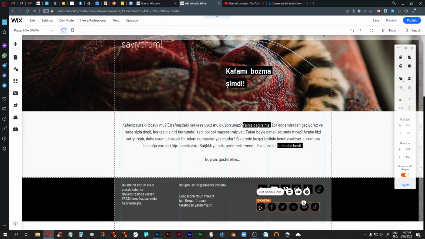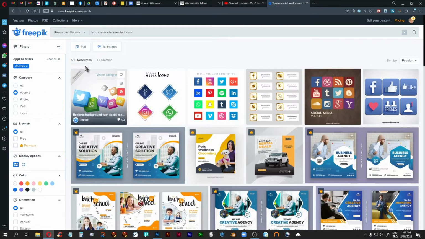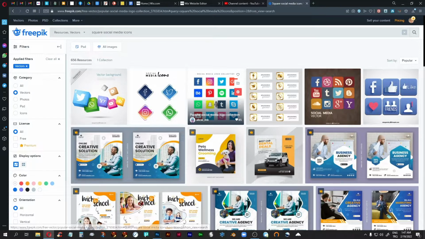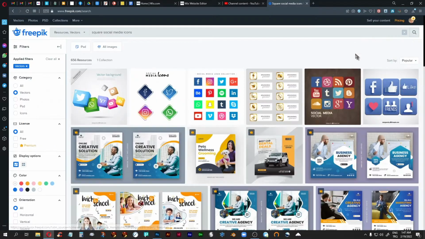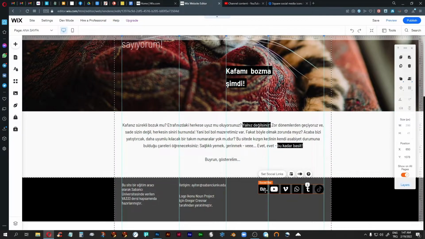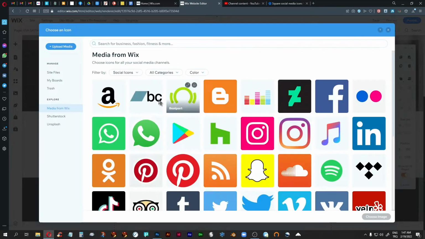I don't want that. So what I did is I just went on FreePic and I got myself some square icons because that's what I wanted, and then I downloaded them, opened them in Photoshop. In my case I have Photoshop, so I didn't use Photopea, and just made them black, and that was basically all I did. Now I have this one last one here, so I'm just going to change that in front of you. I uploaded them to